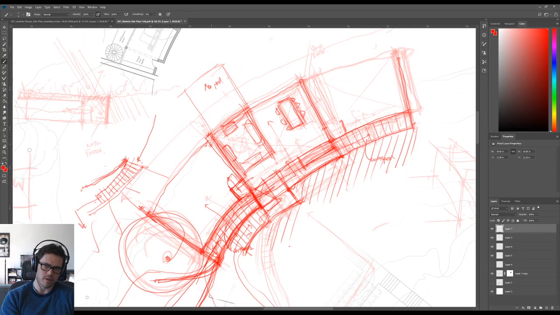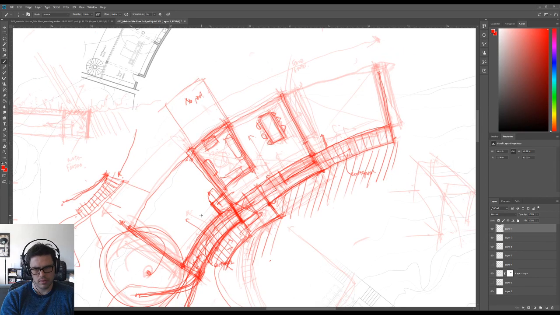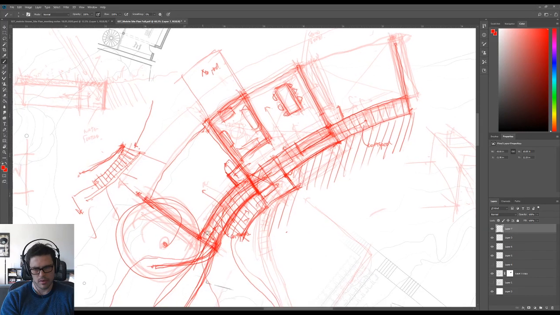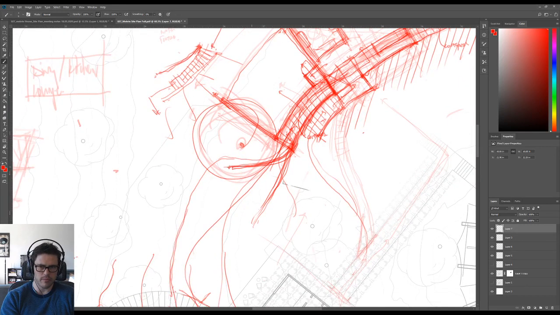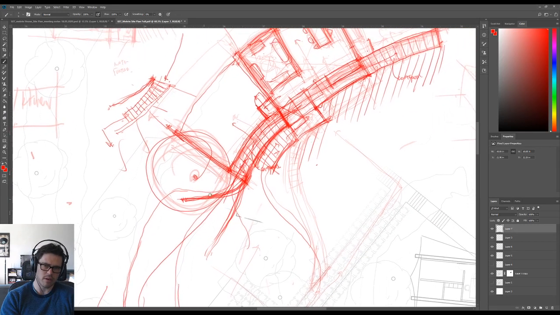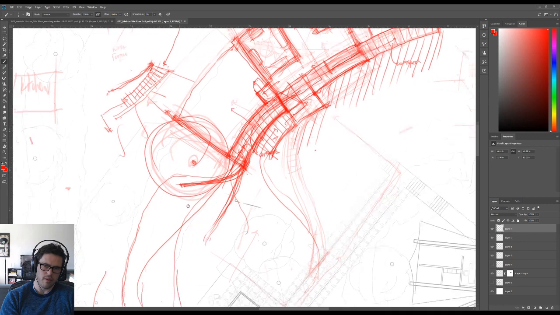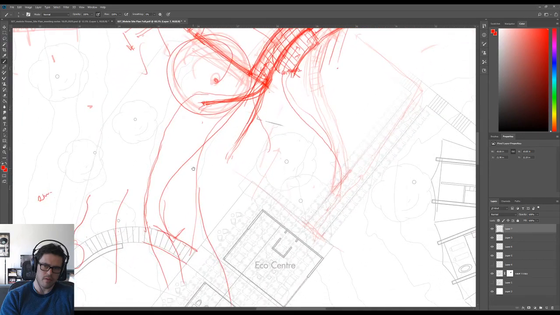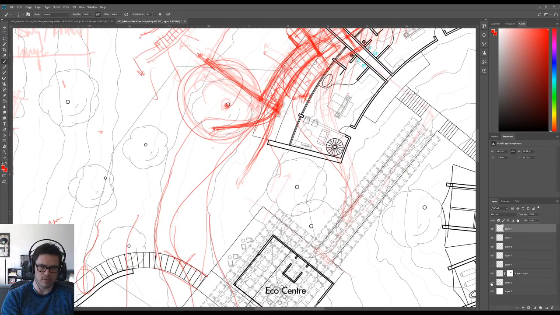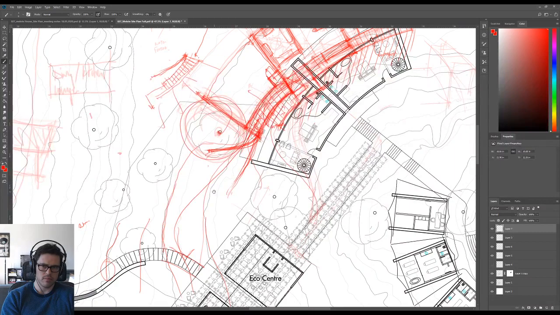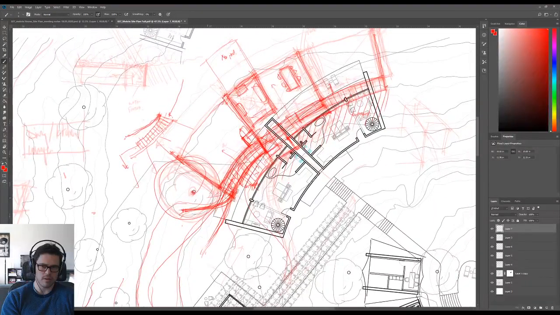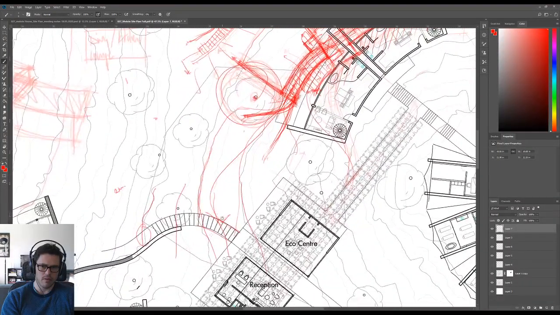I gotta say, it's quite tricky to talk and design at the same time in terms of explaining what I'm doing, because a lot of it is just half-baked ideas. So at the moment I'm looking at how you enter this building, and the contours are actually informing my decision. So you'll see the contours are here, and I'm thinking what's the best way to make sure that you enter this building and don't feel like you're